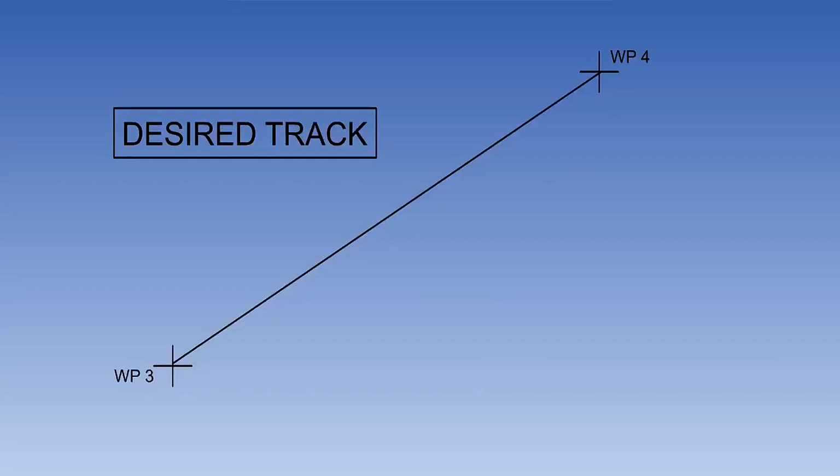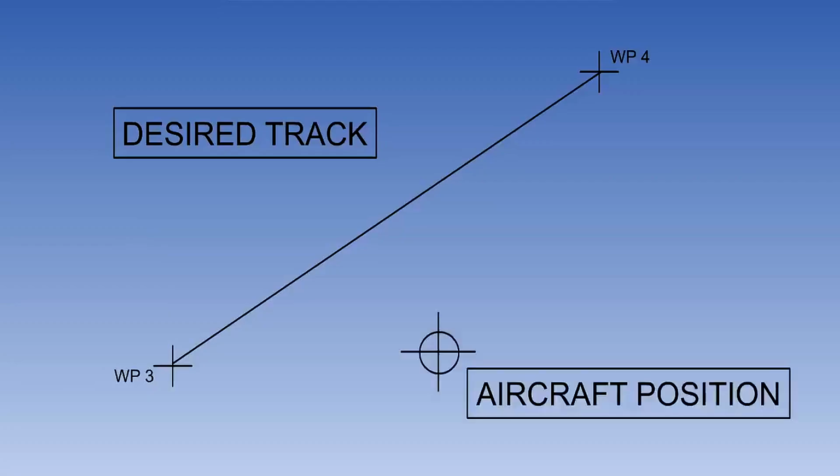The INS has been programmed to steer the aircraft between waypoints 3 and 4. However, for some reason the INS has been disconnected from the autopilot, and the aircraft has been flown out to the right of track, either manually or by taking a heading steer of the flight director. This could be, for instance, as a result of a mandatory air traffic control instruction. The INS can calculate the center line of the route between the two waypoints and display the information that we are, in this case, 12.0 nautical miles to the right of the desired track.